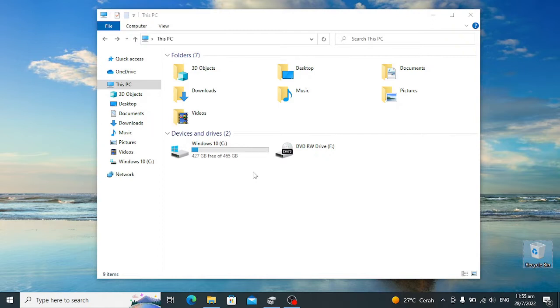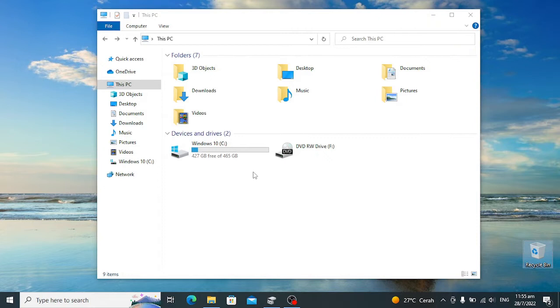organization and future convenience reasons, if you have a disk drive of 240 gigabytes or larger, it's recommended that you partition your drive into at least two partitions. One for Windows and program files, and the other for your personal files. By putting your personal files in separate partitions, it will be very convenient for you in the future to do a clean reinstallation or major upgrade of Windows, as it saves you the trouble of backing up all your personal files